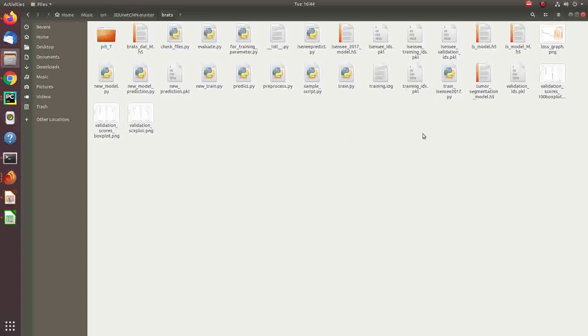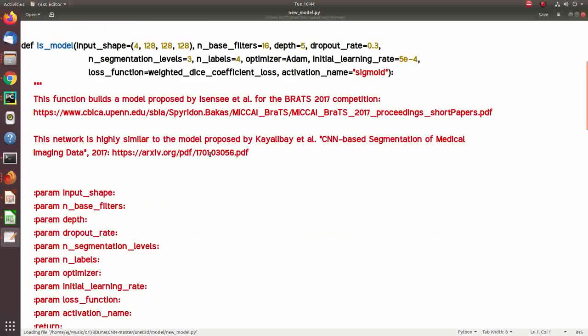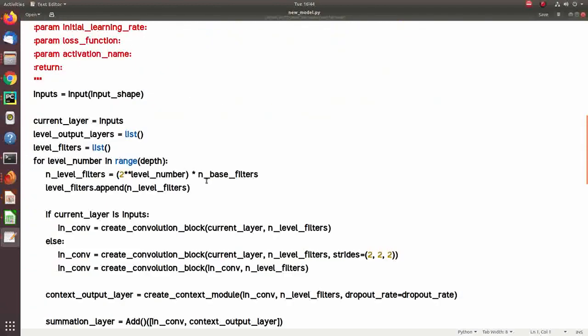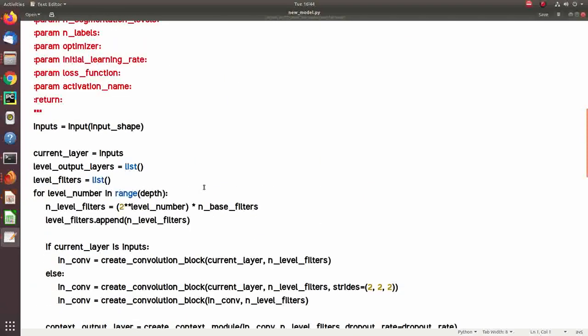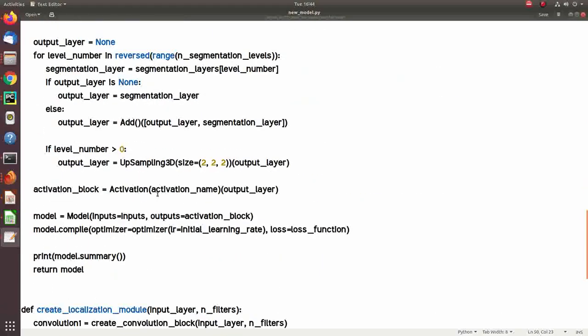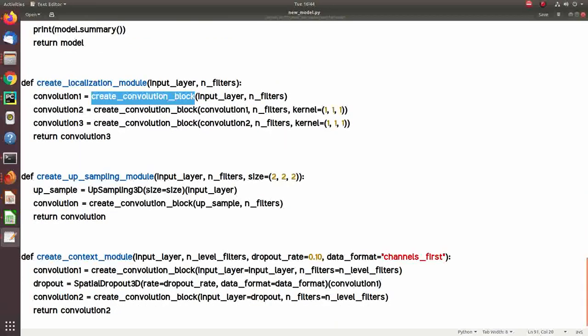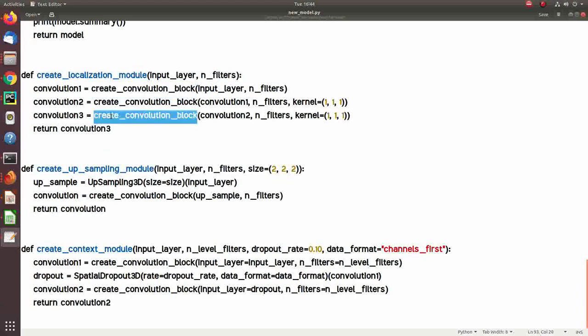So the model architecture is here. Basically, I guess it's visible now. First we need to define a custom function to create a convolutional block. Every convolutional block consists of two convolutional layers sequentially, and one final convolutional layer having kernel size 1x1x1 and stride 1.